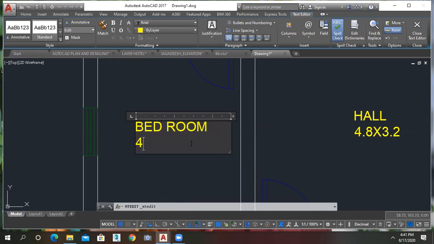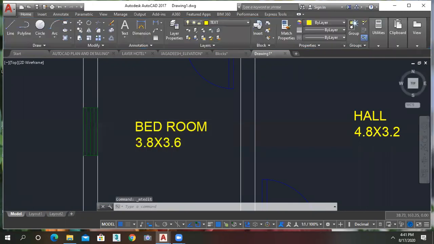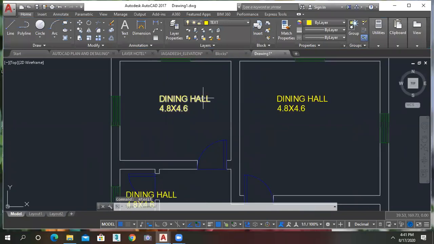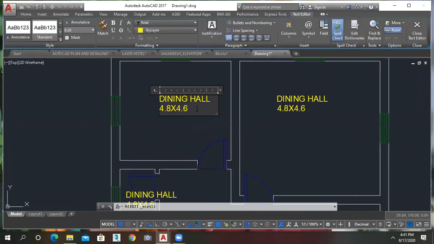Enter. And this is 3.8 into 3.6. Okay, and for this, double click. And this is my kitchen. Kitchen, enter, and the dimension is 3.8 into 3.4.